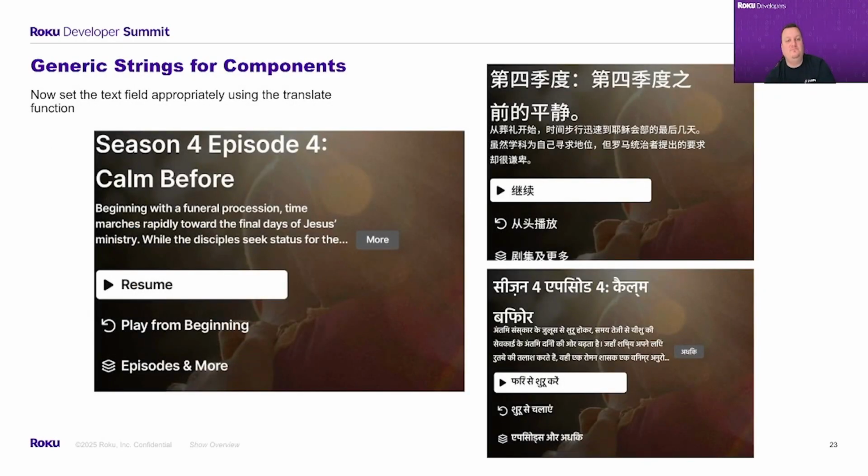Now we want to go through and update our buttons and any kind of component that's going to utilize these. So as an example here, on our content detail screen, we have three different buttons. We have actually four. We have a more button as well, for if the description's too long. And so I run these buttons through the translation, and as you can see, each of the button text gets translated correctly, as well as the more button. So it can translate now from English to Chinese to Hindi,